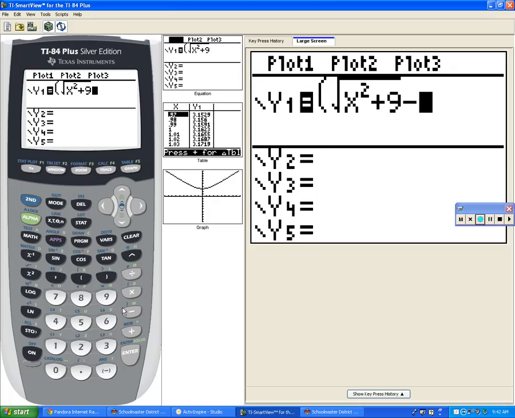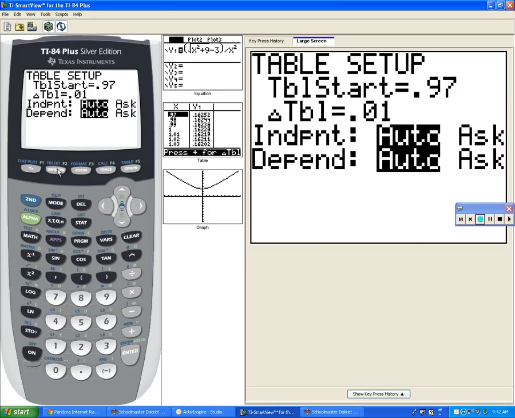Divided by x squared. Okay, so if you go back to the table, we can start at 0. Okay, so instead of going by 0.01s, I'm going to change mine so that we go by 0.0001s. And now if we look at the table,